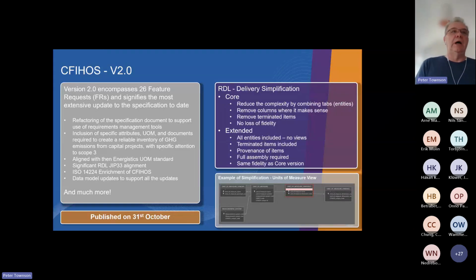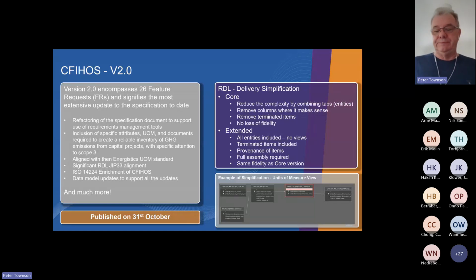So version 2 is the single largest release that we've done within CFIHOS. We've done a number of things, but I'll just cover the high level. We've refactored our specification document to support the use of requirements management tools. One of the feedbacks that we got from owner operators and also from EPC contractors is that a lot of them are now moving to requirements writing tools, and they want to consume CFIHOS in a form that allows them to put that into their